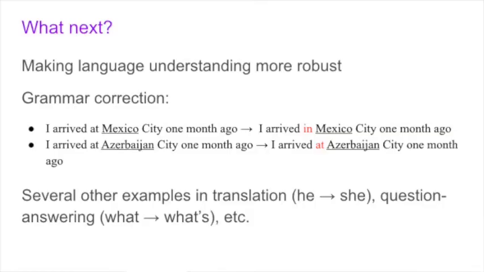So that's it. I have reached the end of my talk. Essentially I just want to conclude by first summarizing the key points that I wanted to convey in the talk, and then I will end with some thoughts on what is lacking. Okay. So first we went through the notion of word embeddings.